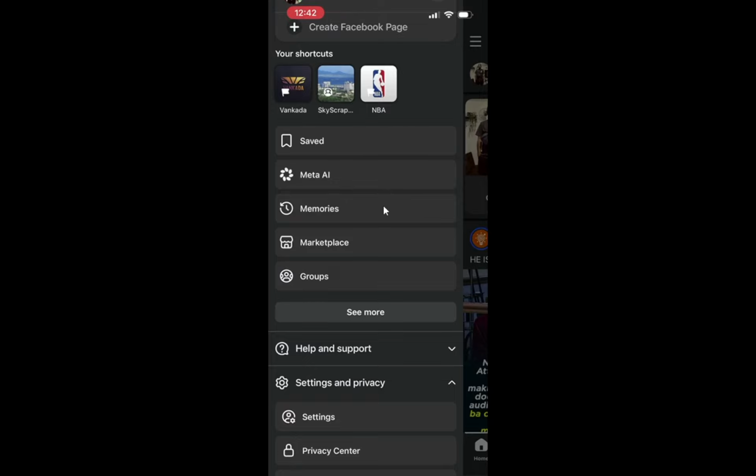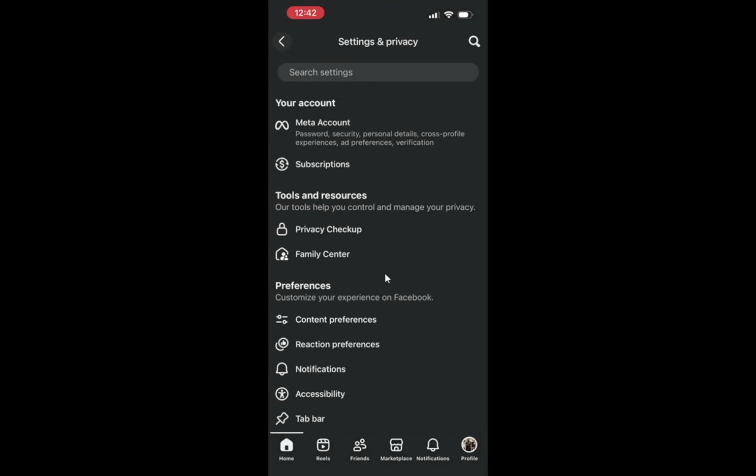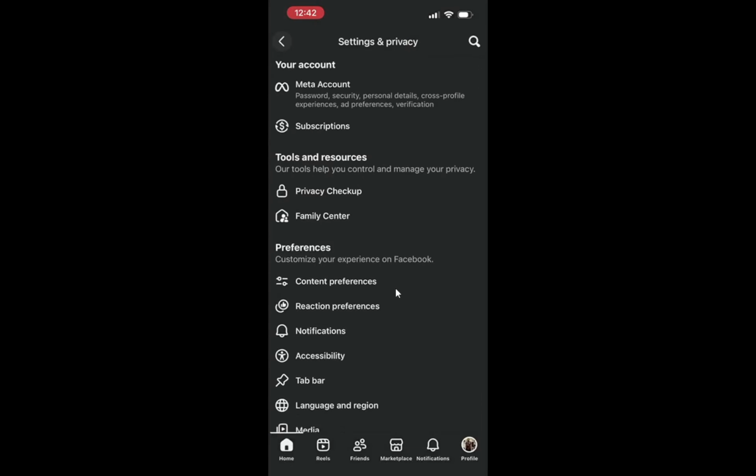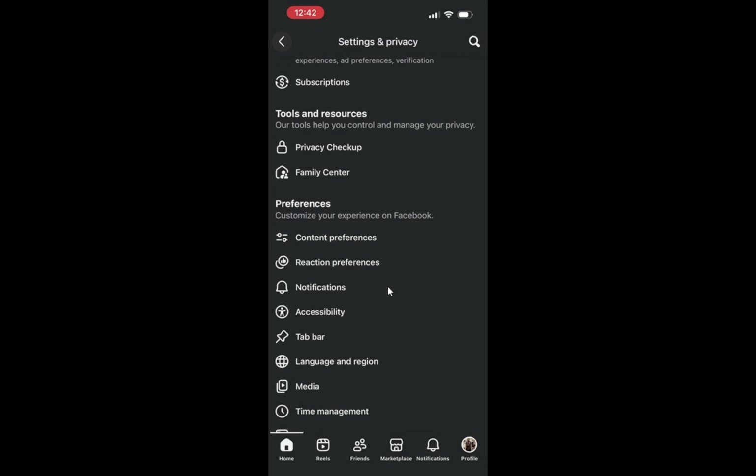Next, tap the settings icon that looks like a small gear. It usually appears near the top of this menu. When you tap it, the screen switches to a long list of sections like account, security, and audience and visibility. If you do not see the gear at first glance, scroll a little in the menu and it will appear.